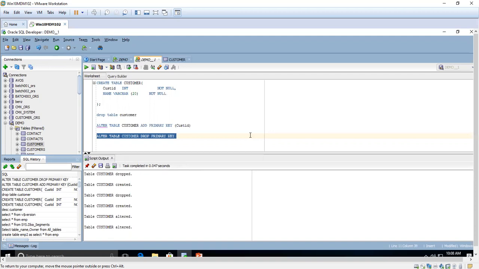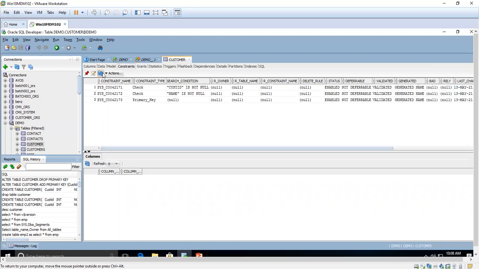See, now it shows table altered. Now I refreshed it. Now it shows without primary key. So the primary key has been dropped. So far we have seen how to create the primary key along with the create table, how to create the primary key after creating the table, and how to drop the primary key.